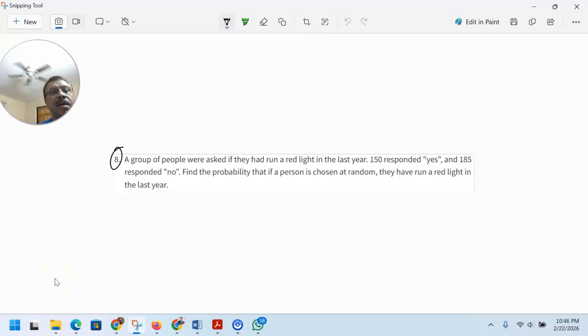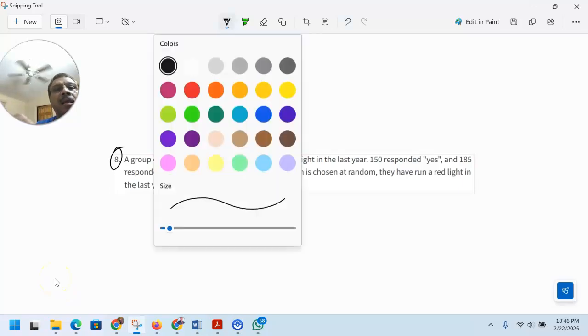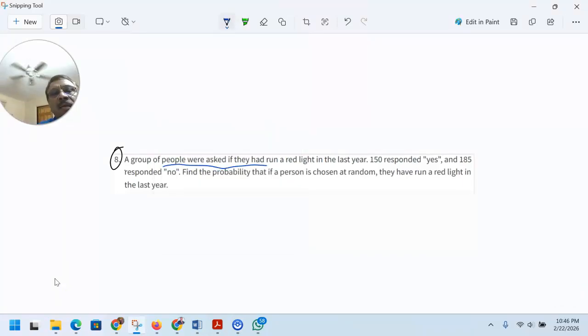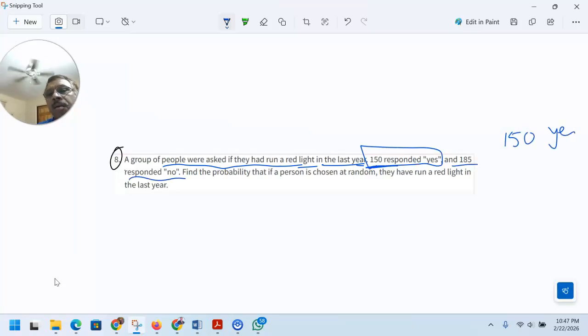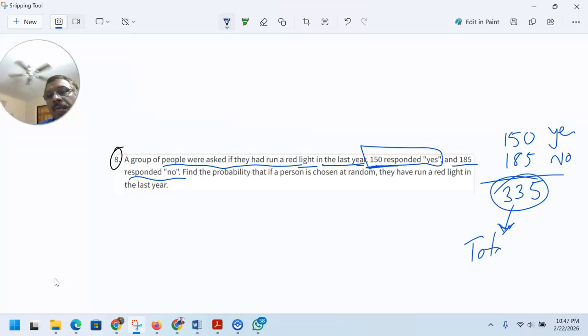Question number 8: a group of people were asked if they had run a red light in the last year. 150 responded yes, I'll just write here 150 said yes, and 185 responded no. So that means we want to know how many were questioned. If we add these, it will be 335. These are the total number of outcomes,